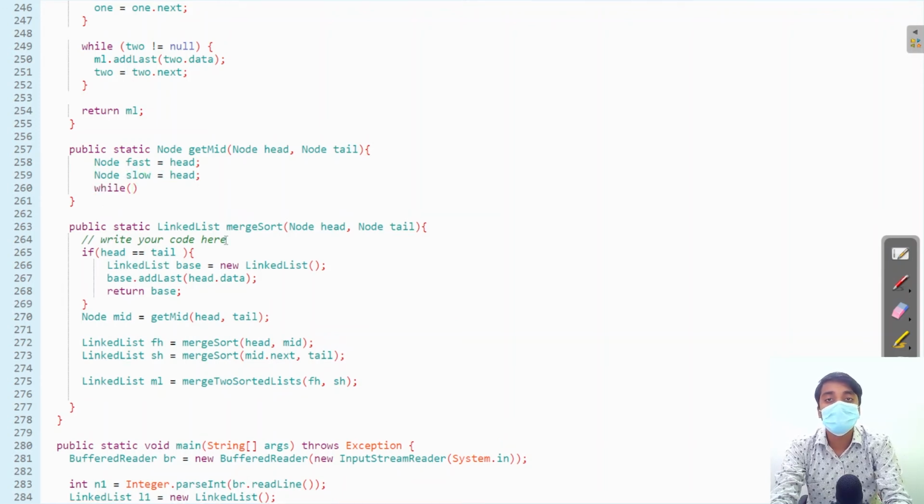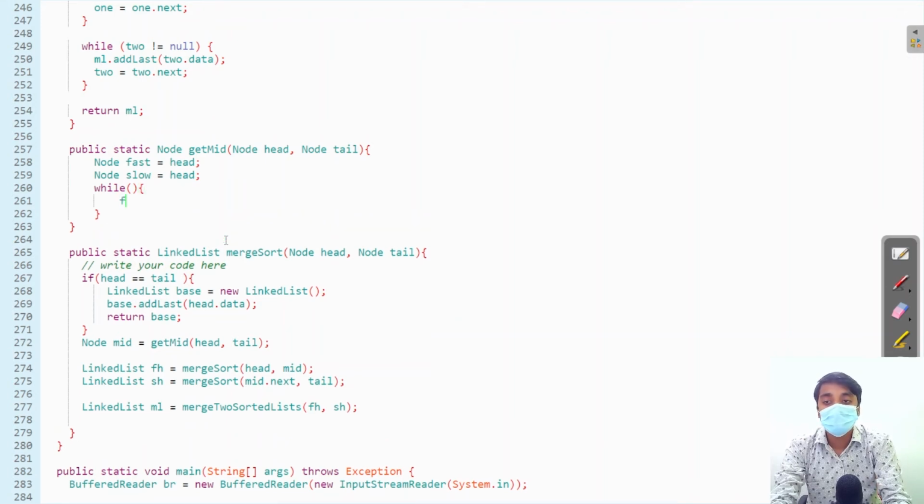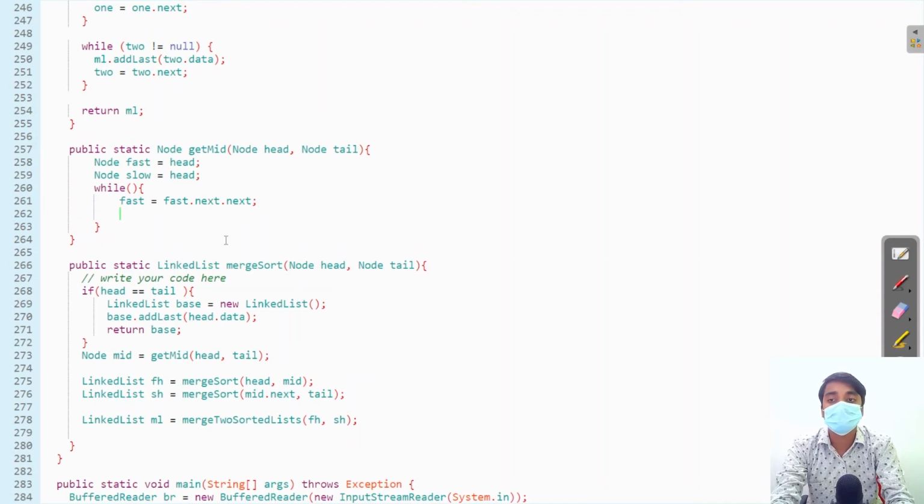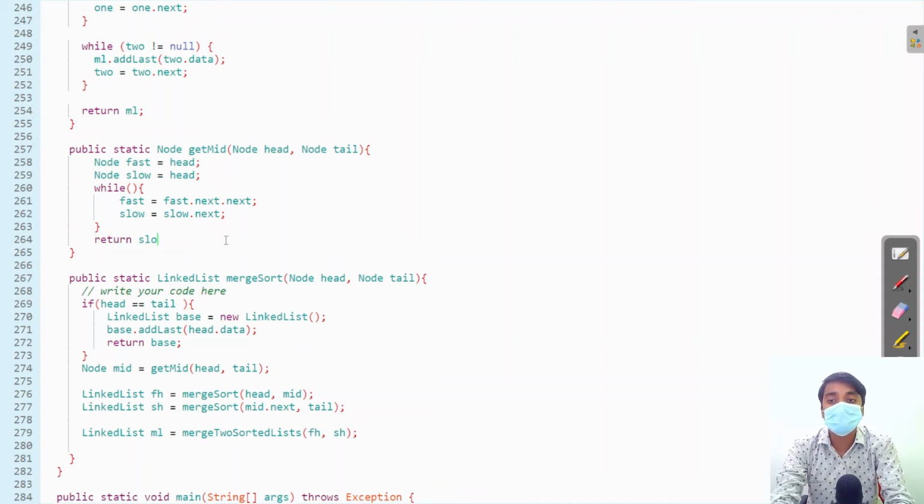Now while our while loop works, we will move our fast to next of the fast. Now slow will move to the next. So our fast is moving 2 times and slow is moving 1 time. We will return slow. The slow will be the mid element of the linked list.